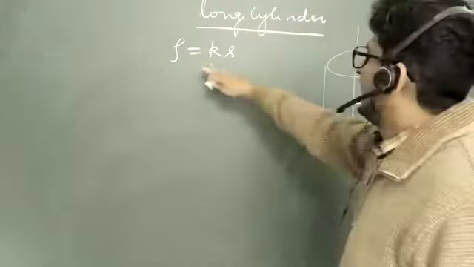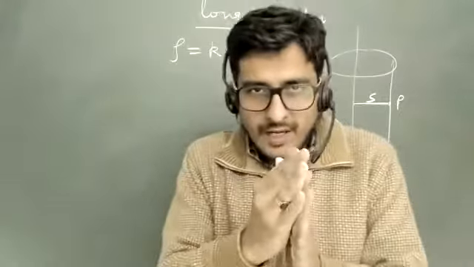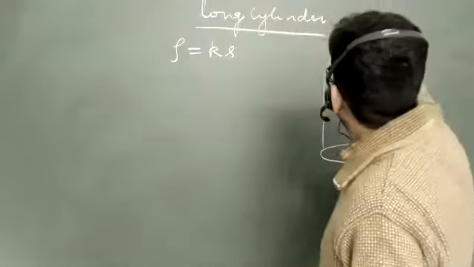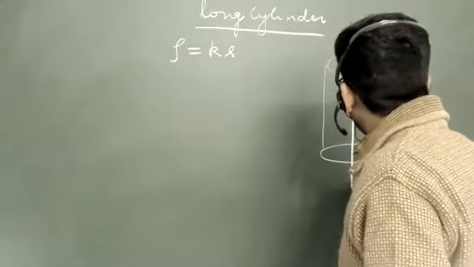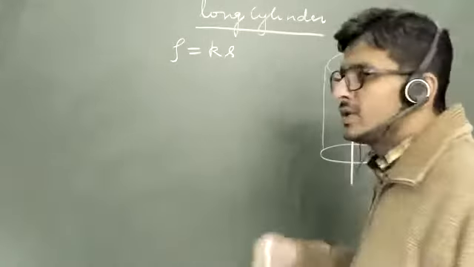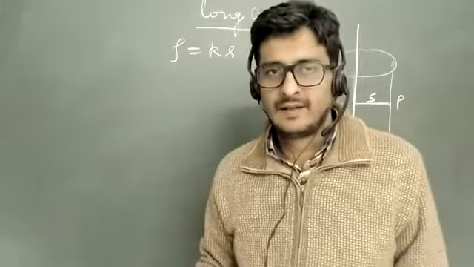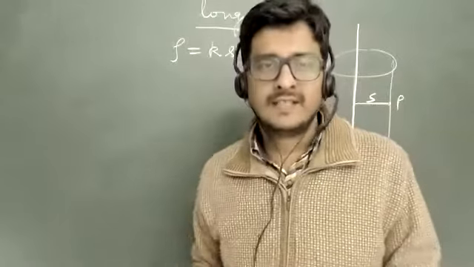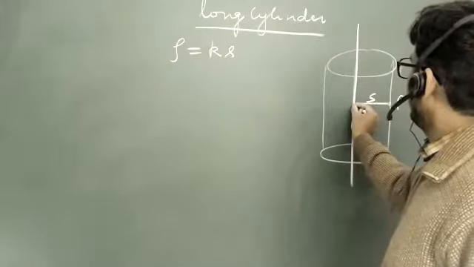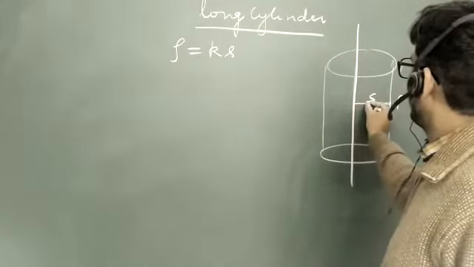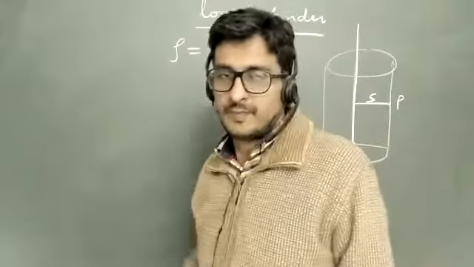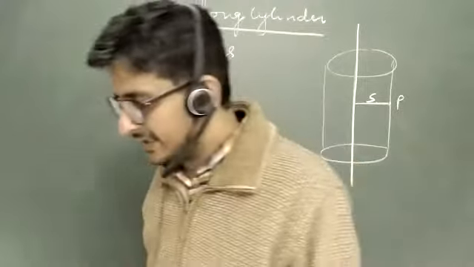So the density is rho S, which means when you are on the axis, there is no charge. On this axis there is no charge density, and as soon as you go farther and farther, more and more charge density is there. If you take a small element here, you will not find any charge. If you start taking elements at different positions, you will get more and more charge in the same volume because the charge density is increasing. The system is like that.